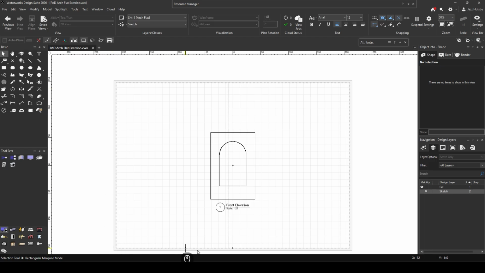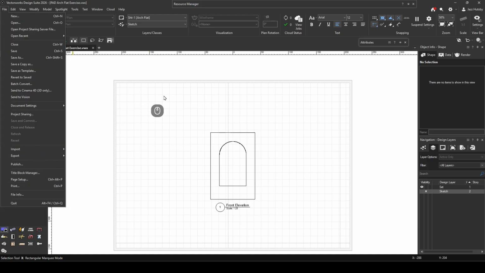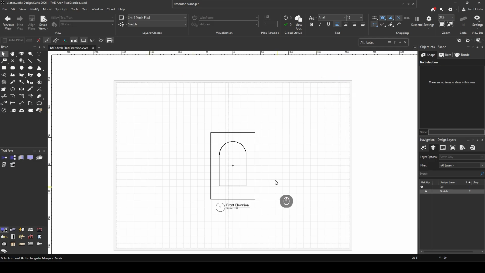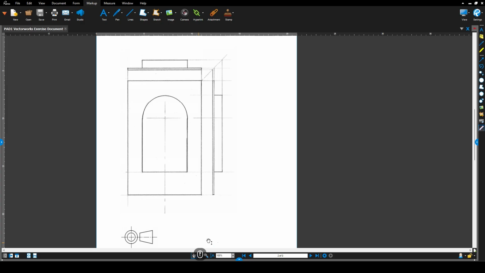And this border here, you can see on the outside, this is our A3 paper that we set up in the page setup. So if this looks stupidly small, you might want to go check your page setup, file, and page setup. But this is A3. And now we have the first part of